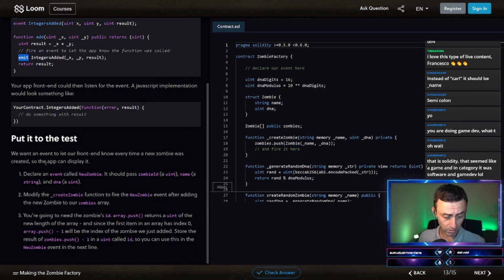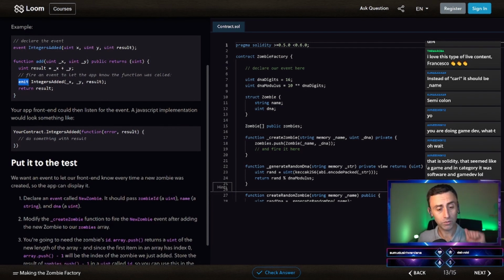Are they saying this or not? Okay, emit is to basically say that the event happened. I like it a lot. I like this logic, because for example in game development this is super useful.